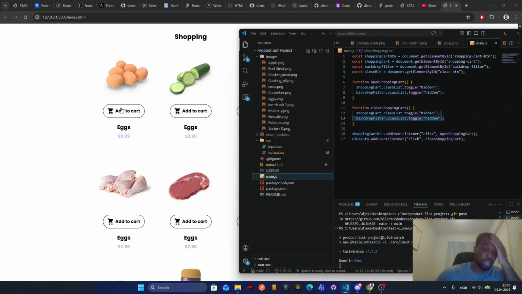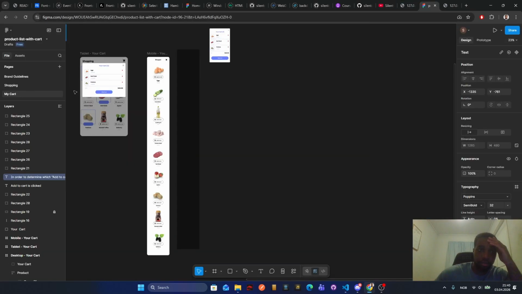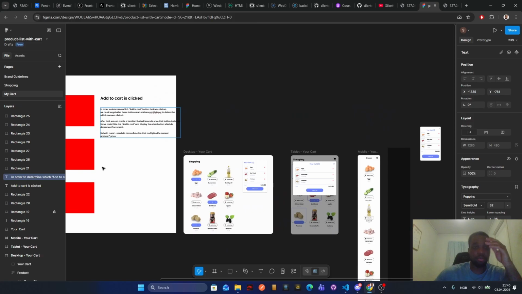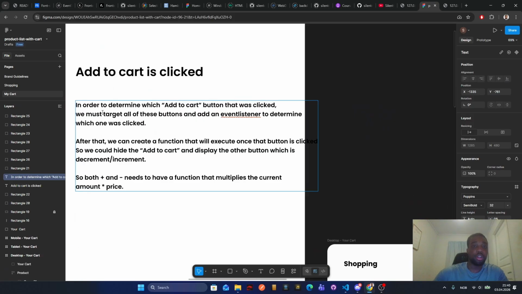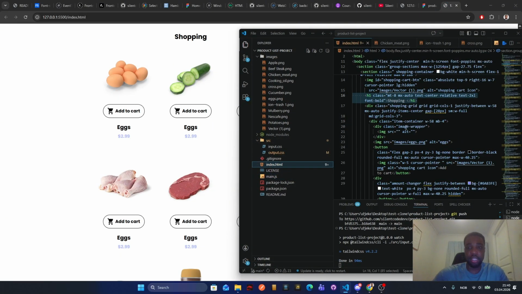So when you click this button, we need to get all these buttons first, right? As I wrote here, in order to determine which add to cart button was clicked, we need to get all of them, and then we need to loop, and then we need to, so I think I know what to do. So what are we going to do? I didn't do this when I did the